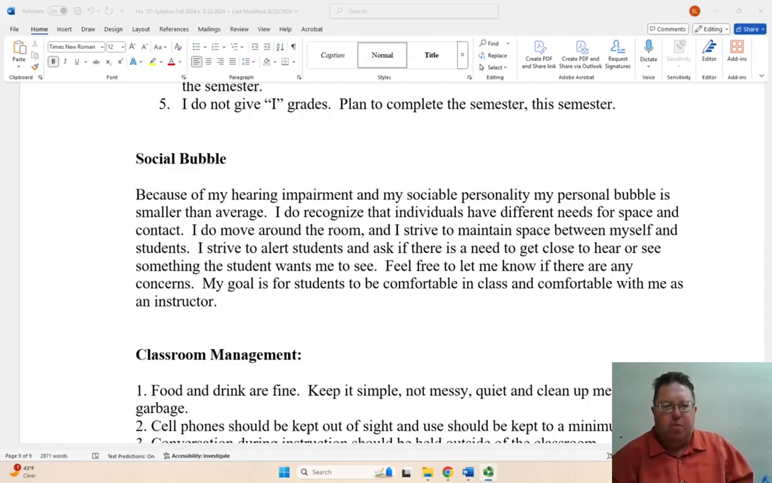I do move around the room a little bit. I strive to maintain space. I try to pay attention to body language. I try to see if a student's not comfortable with it. A couple of years ago, I started out, if I need to get close, saying, hey, I'm going to get close. It's like if you have a question, I need to get close to see what you're talking about. But